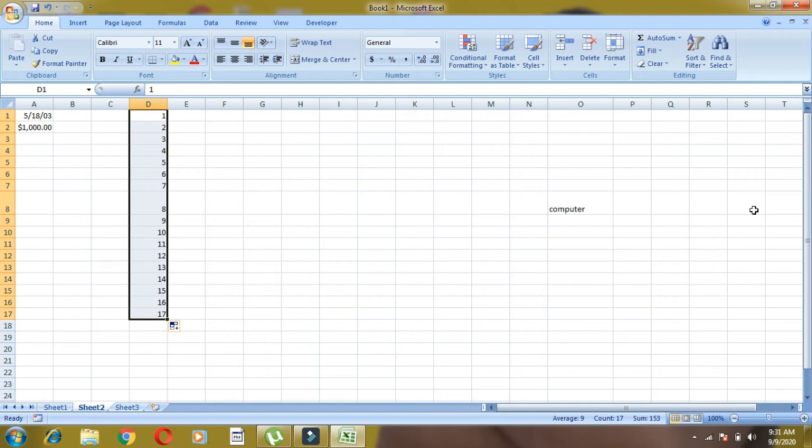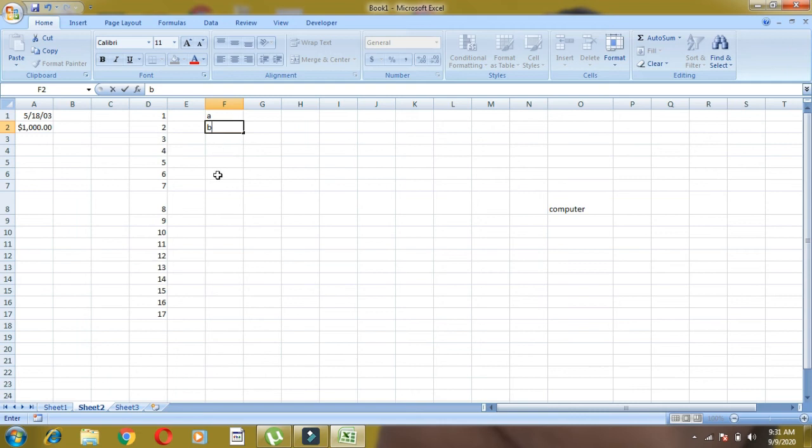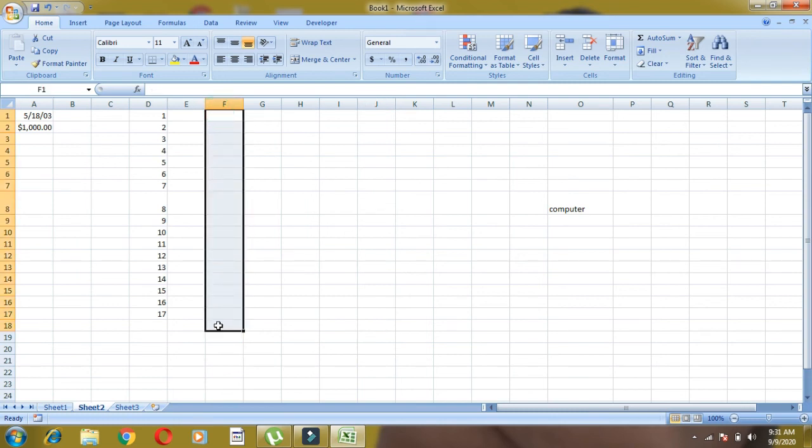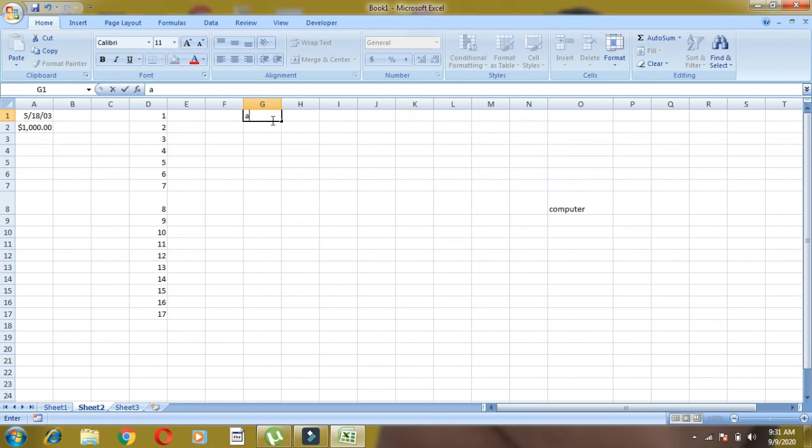See, children, 1, 2, 3, 4, 5, 6, automatically it has been filled. The same thing can be done with ABCD also. Select this one and see. It's not taking, so 1, 2, 3, 4, the number series. We can even use this to create numeric data series. We have to enter the first two values, then click on that particular cell, and with the help of the fill handle drag it down.